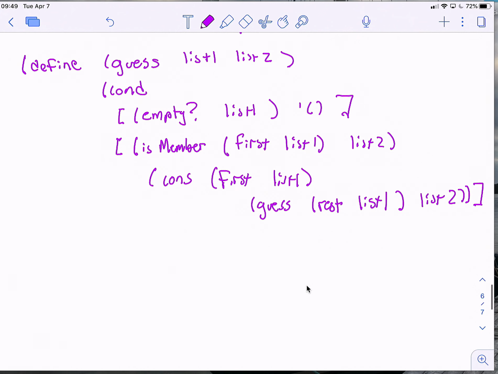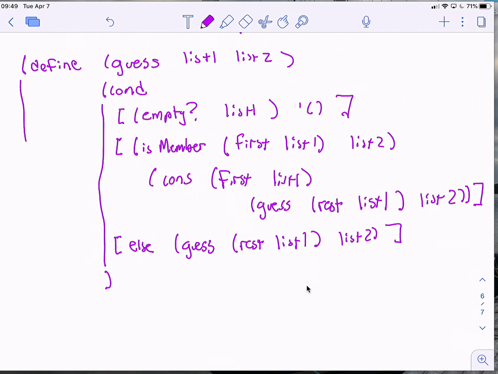All right, whoops. And then our last one, we have an else. Spell else correctly here. So else. Otherwise, we're going to do guess of rest of list 1 and list 2. Okay, takes care of the guess, and that takes care of the else. And then we'll put the cond here, and we'll end the define there. Okay,